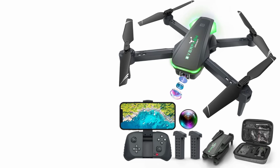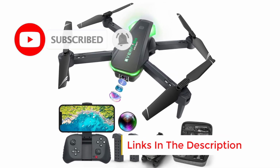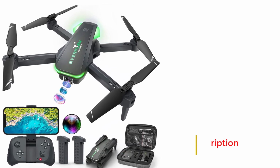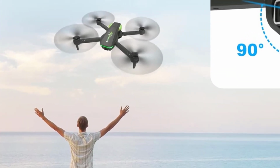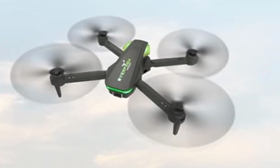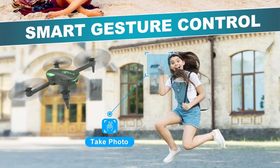the remote. Altitude hold technology keeps the drone hovering steadily at a fixed height, making it easier to capture clear and stable shots. The One Key Start/Landing feature allows beginners to launch or land the drone effortlessly with the push of a button. It also supports 3D flips, enabling users to perform exciting aerial stunts easily, adding extra fun to